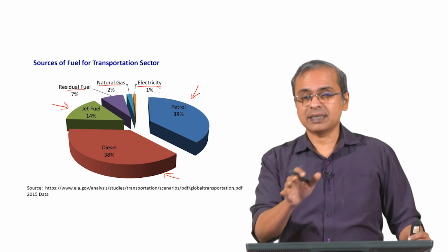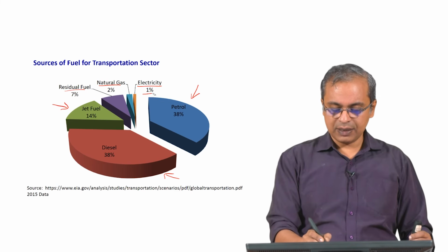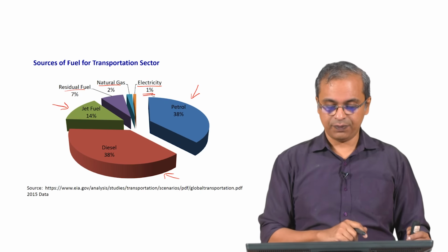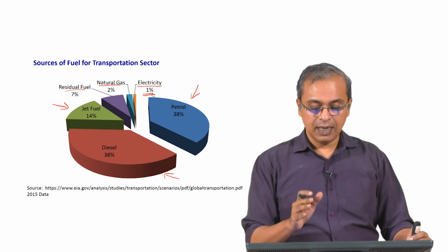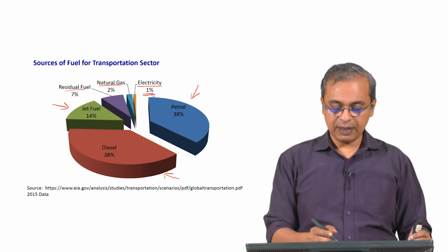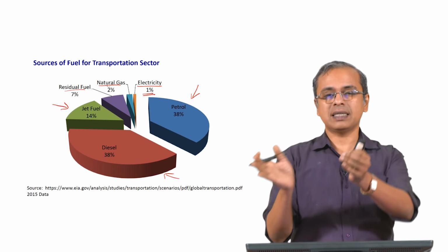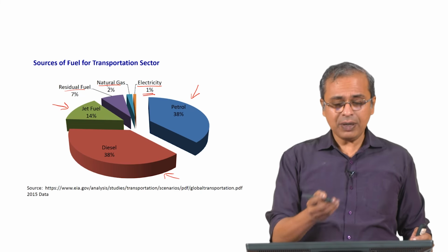So electric vehicles, although you hear so much about them in the news, constitute only 1%. Today it is only 1% of this entire sector that is in the electricity field, using electricity as a source of energy. 99% is not that. Even if you take natural gas as being somewhat alternative, even that put together is only 3%. So we have to keep that in perspective.